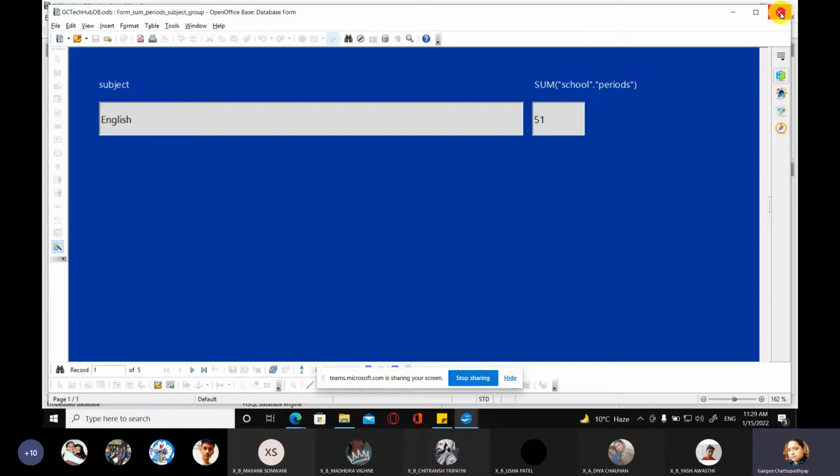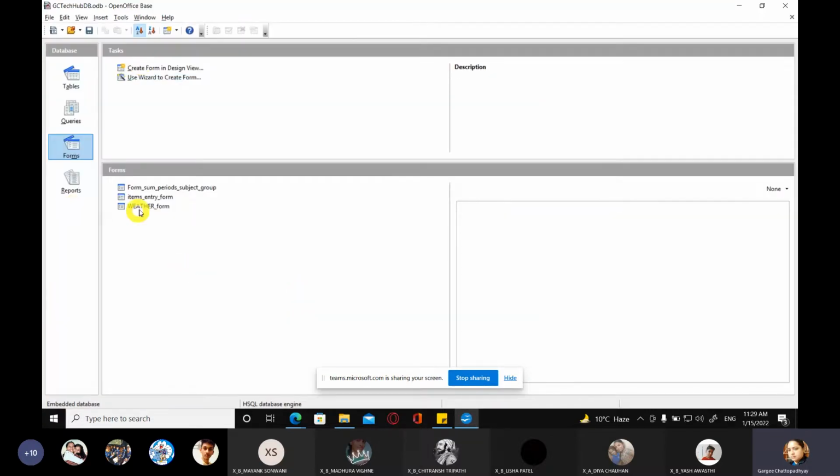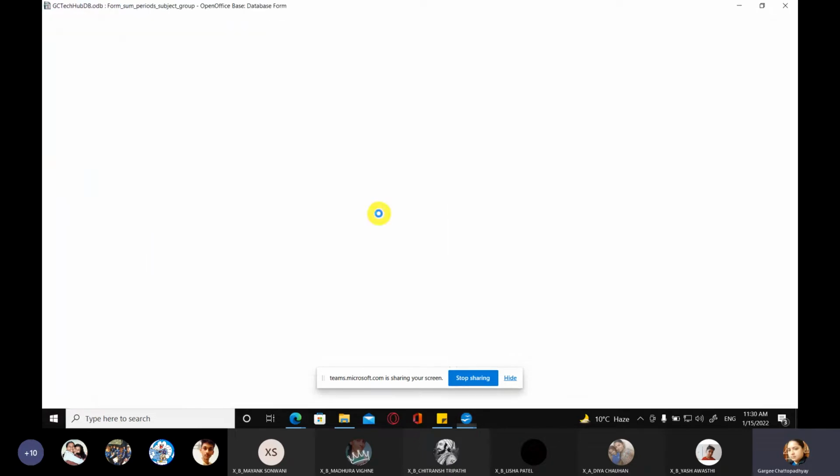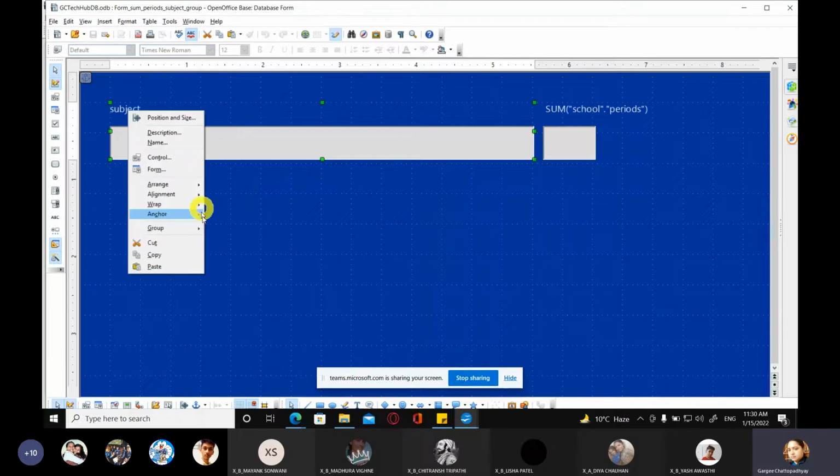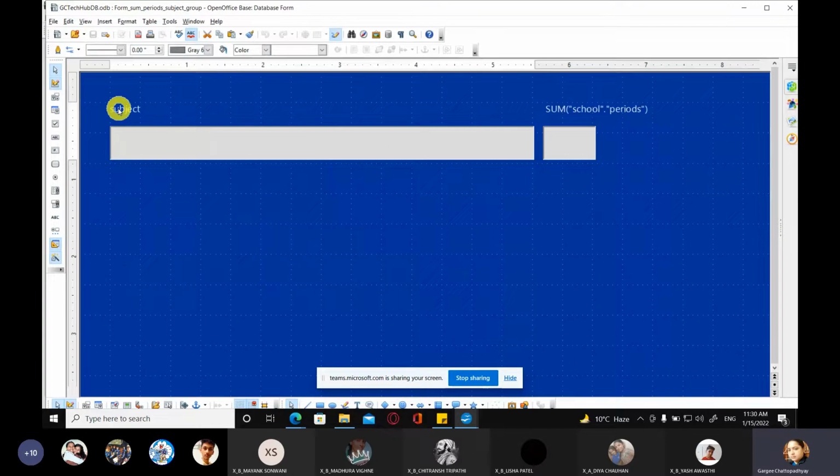So again, I'll close it from here. I'll go to the form page, and here I'll locate my form and right click on it, go to edit. Now I'm in edit, and here I'm going to change the label. So firstly, I need to edit it. So right click. One more way is, if you don't want to ungroup it and still you want to edit, you can click on edit group. Now you are in edit group. Now here you can individually, without ungrouping the label and the text box, work on the individual controls.